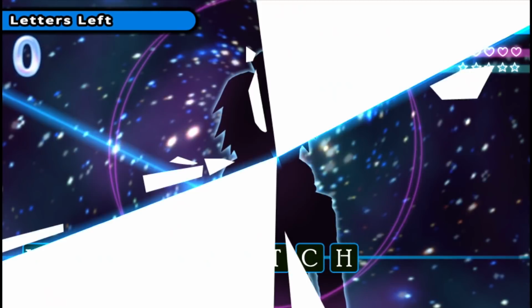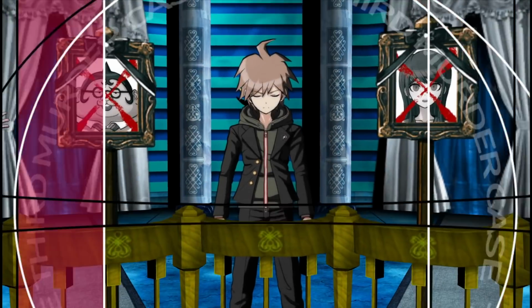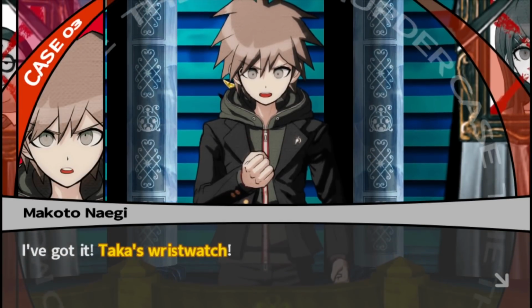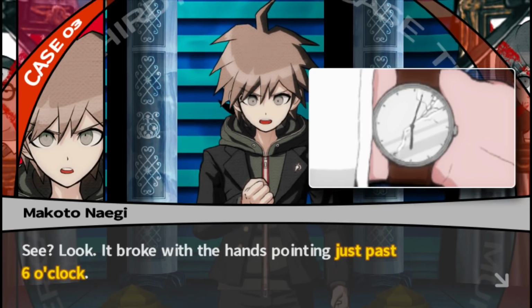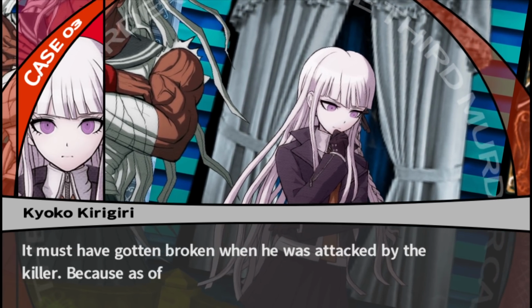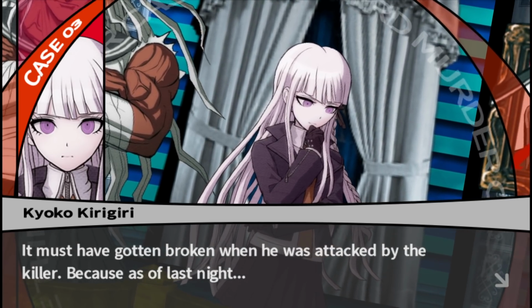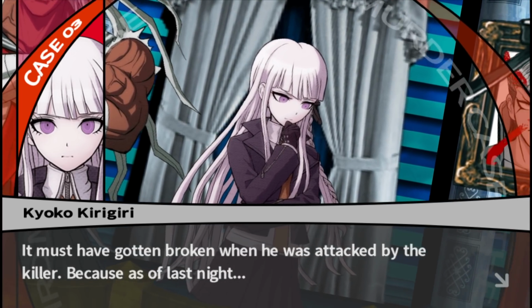Now I understand. Complete. We did it. We're smart. I got it. Taka's wristwatch. See? Look. It broke with the hands pointing just past 6 o'clock. It must have gotten broken when he was attacked by the killer. Because as of last night,